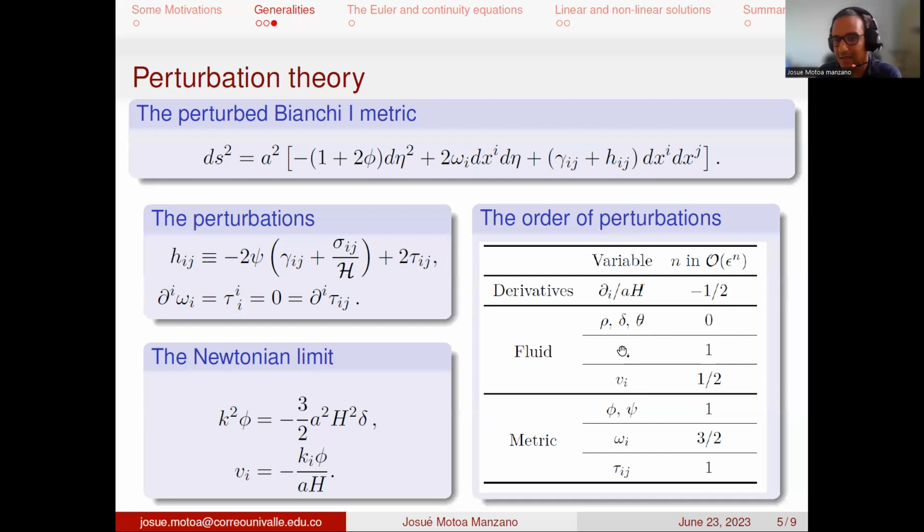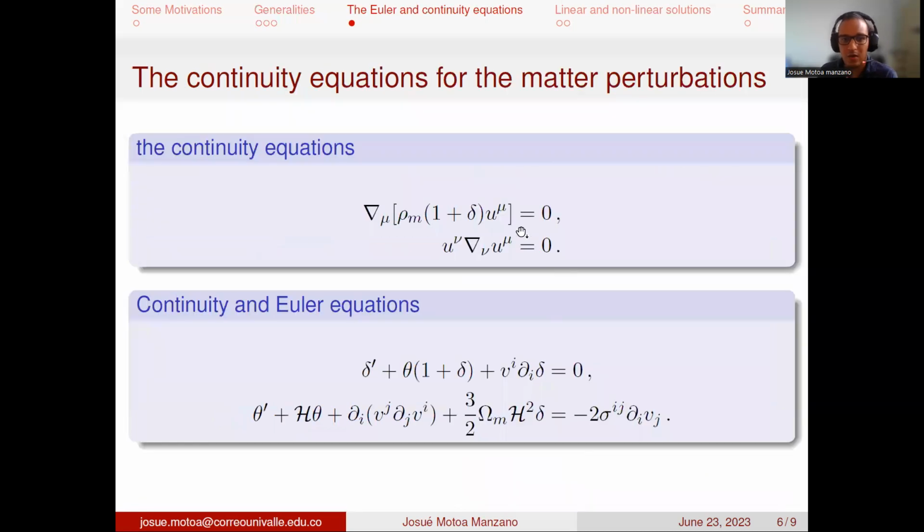Vi, this V is the scalar part of the velocity, Vi is the vector part. Vi is of order epsilon to the 1/2. And then for the metric part, we have C and phi of order 1, omega i of order epsilon, of order epsilon to the 3/2, and tau ij of order 1, of order epsilon, okay? Then we computed the continuity equation here and the Euler equation here, to leading order in epsilon, and we found